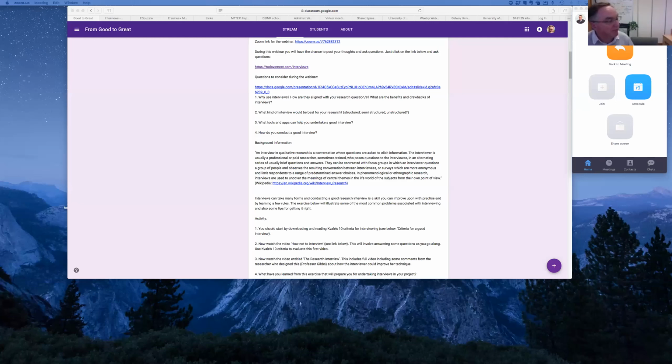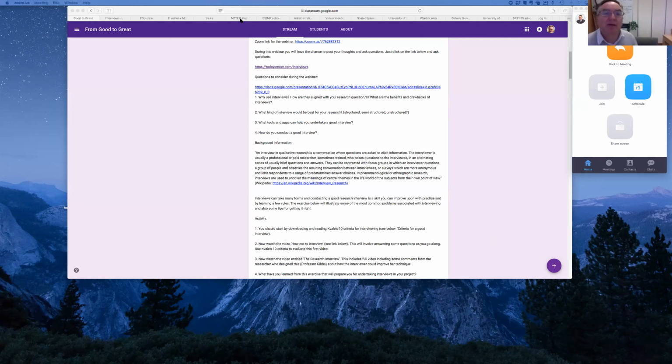Now, one thing we've posted quite a lot about, and in the book we make a lot more references to this, is how you can use technology to undertake an interview. And I just wondered if anybody had any thoughts about how they might do that. For example, how might you use your iPad, your iPhone, or whatever phone you've got to actually support you in the process of undertaking interviews?